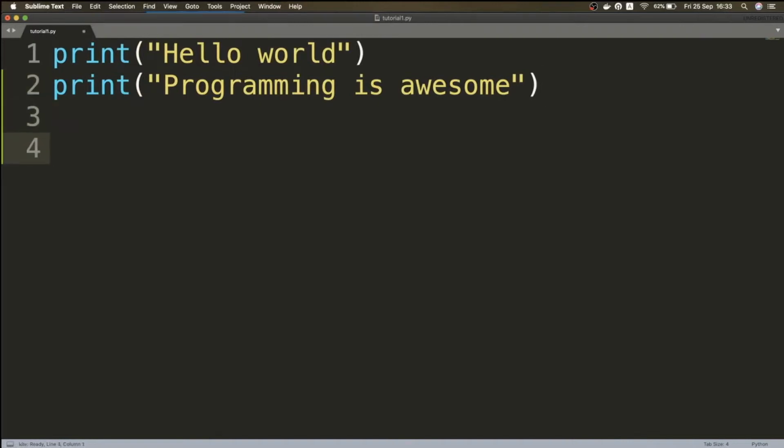One more thing I would like to mention is about comments. So comments in Python start with a hash sign. Comments are something which are not executed by the interpreter. So we can write anything over here. These won't get executed. I will be using a lot of comments so as to give information regarding what is happening in the code.